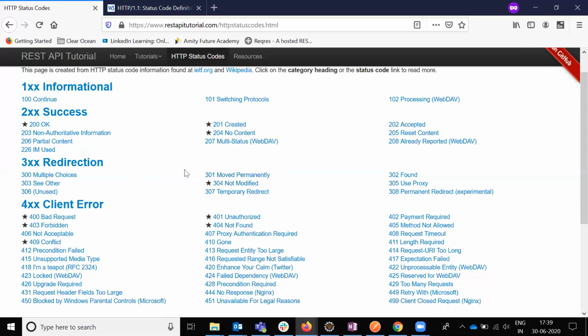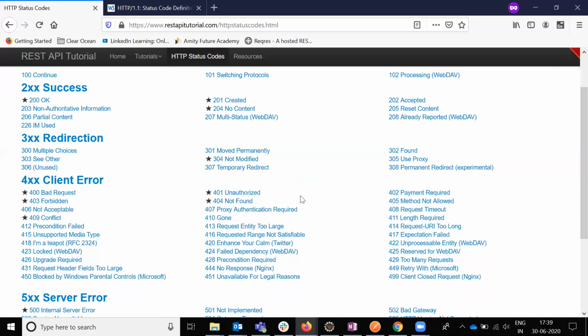First, the normal things you test every day in the basic standard formats are a few common ones: 200, 201, 202, and 304 not modified.